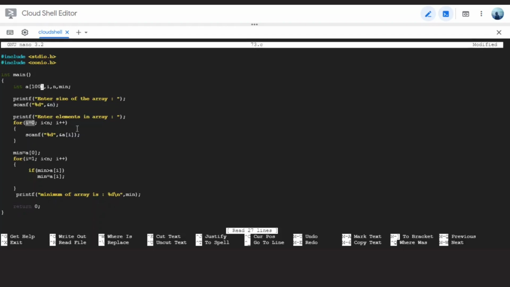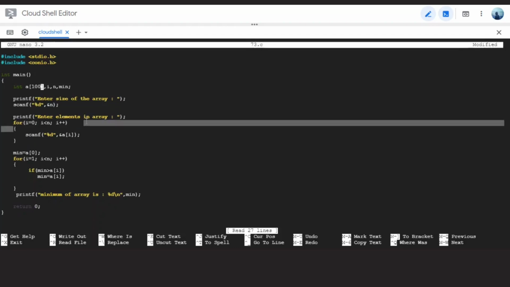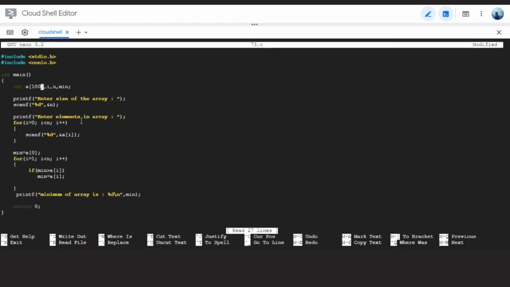Then the element of the array is entered using scanf and stored into the array using this loop. Then we initialize the value of the variable min to that of the value at position 0 in the array.